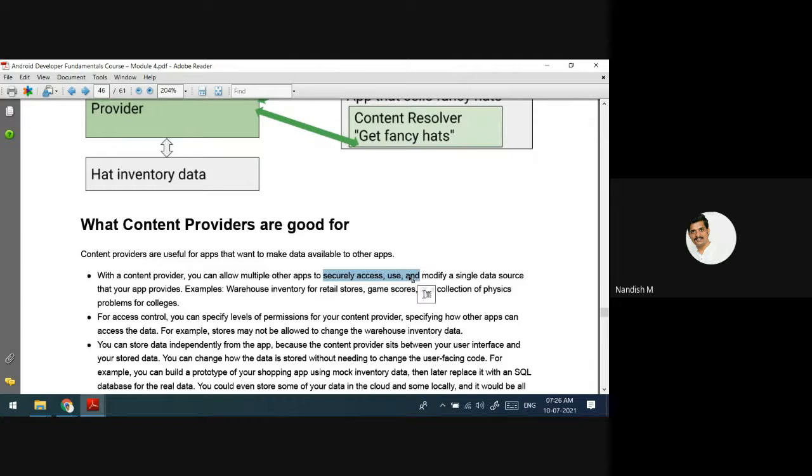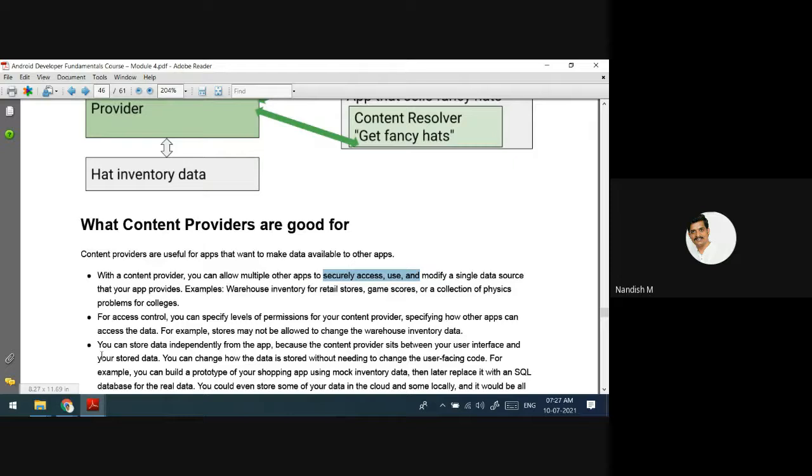it will be helpful. And also, these content providers sit between the database and our user interface, right? Our screen is different, database is different. In between, content provider is there. We are just going to worry about providing the data or fetching the data. Don't worry about how to get the data from the database.